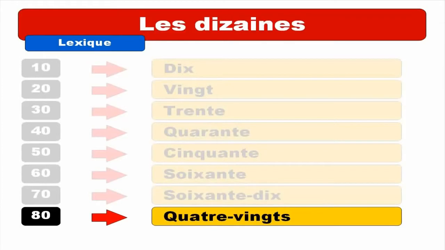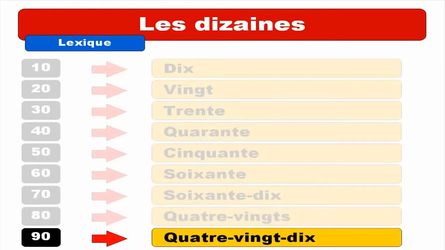Alright, so the final S, T and G are not pronounced. Okay, and then remember that Q and U give you the sound K, so you get 80. Repeat. Alright, and last but not least,